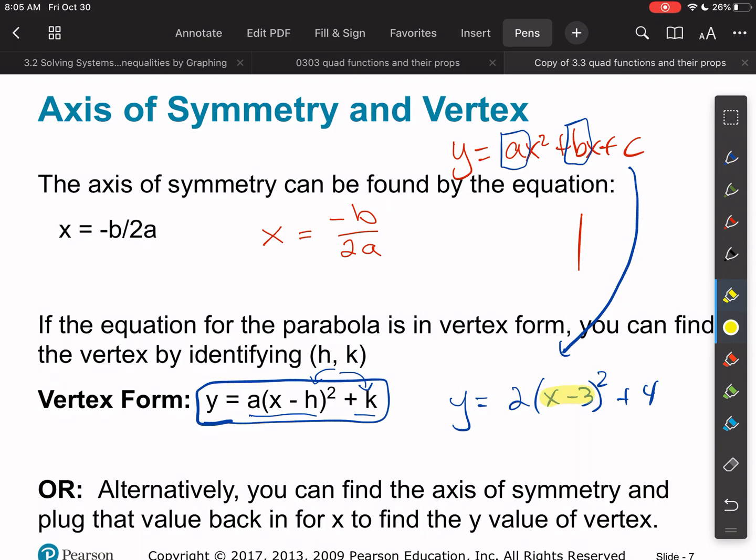Remember, this is a negative here, right? So whatever makes this go to 0, and then this guy. So the vertex in this particular one that I just made up would be 3, 4. So vertex form is nice because we can look at the equation and we can see what the vertex is. Up here, however, if we have things in this form, we cannot tell what the vertex is unless we plug things into this axis of symmetry and solve for y,